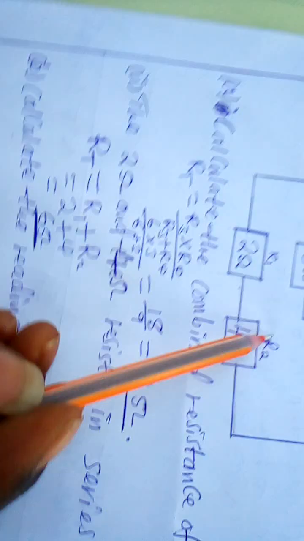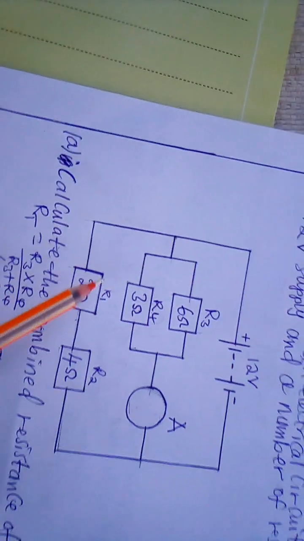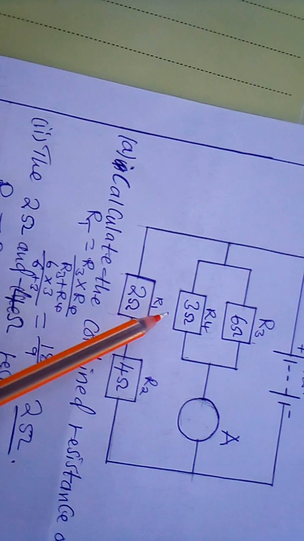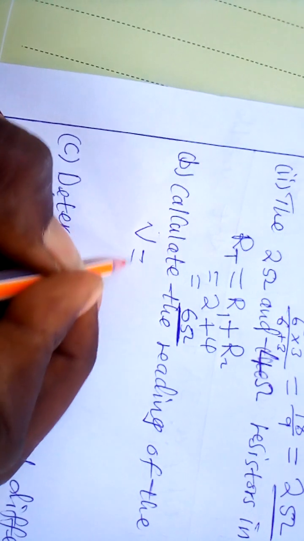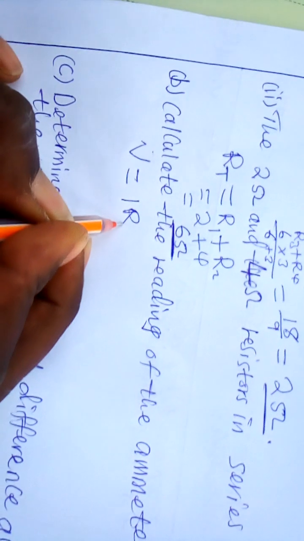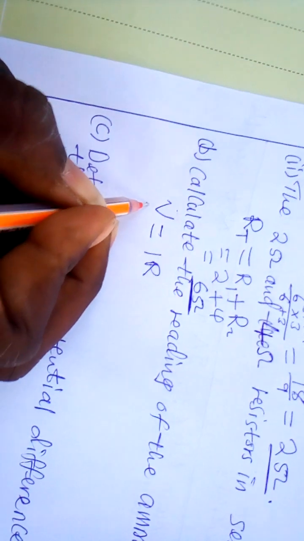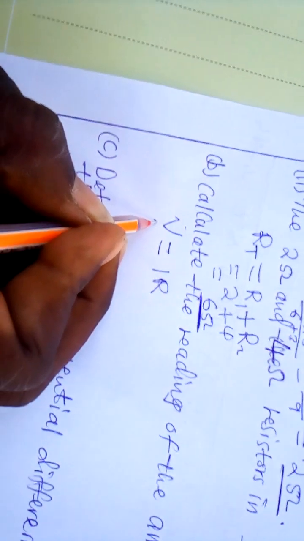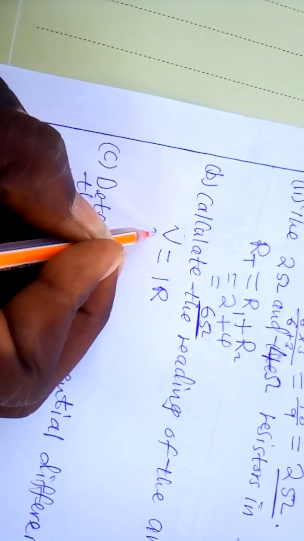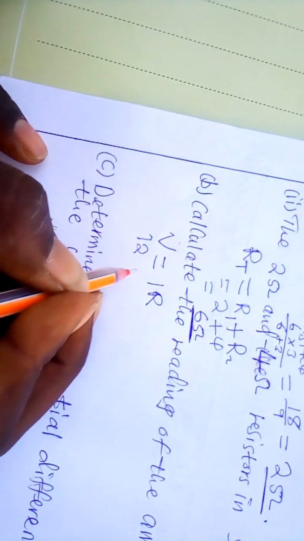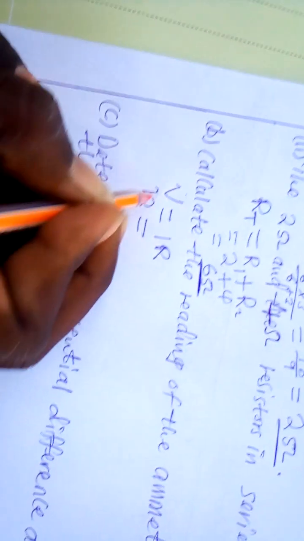In this case, we say that voltage is equal to current times resistance. Let's come now and calculate. Voltage is equal to current times resistance. We say voltage, because here we are looking for current, right? What's the voltage given in this question? The value of voltage given is 12. So we write down 12. So 12 is equal to